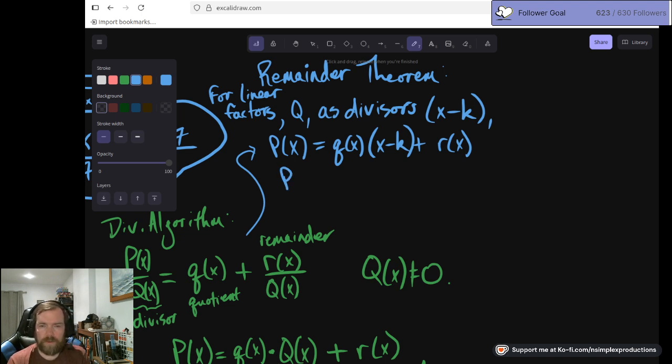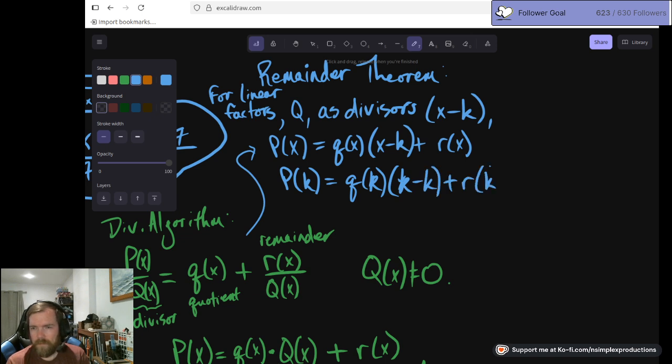If we plug in the k value, ta-da! Right, P of k is going to be equal to, what's q of k? I don't know, and quite frankly, I don't care, because